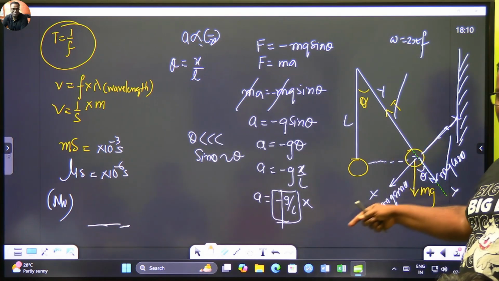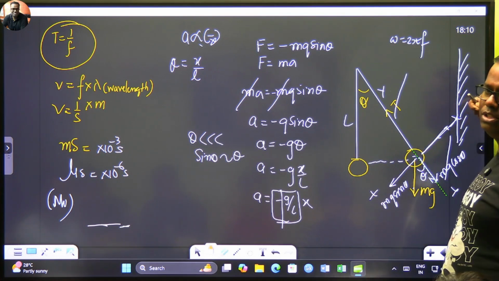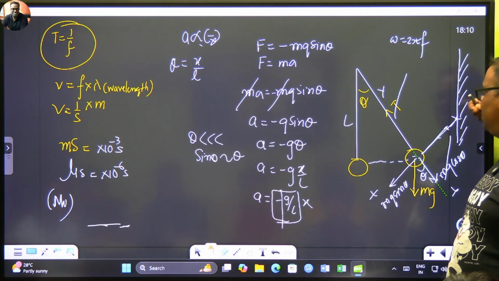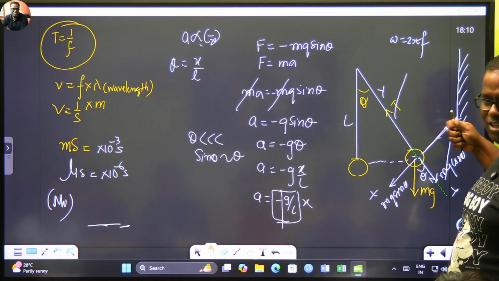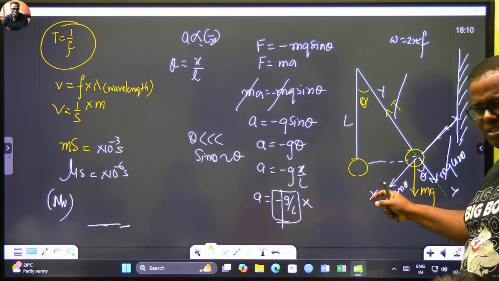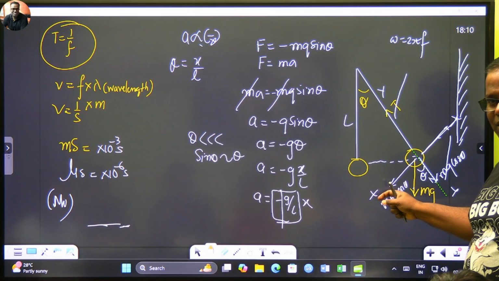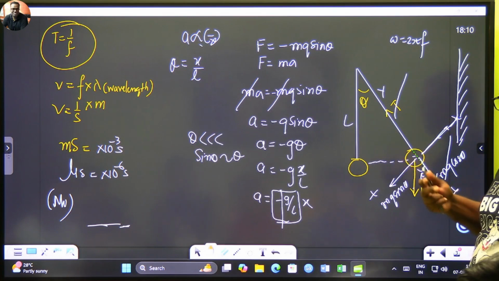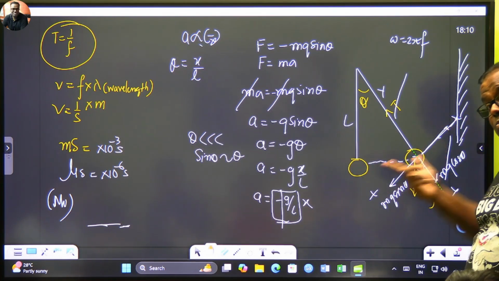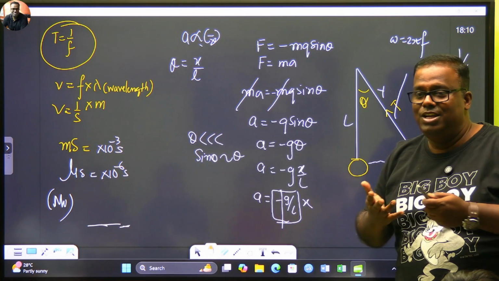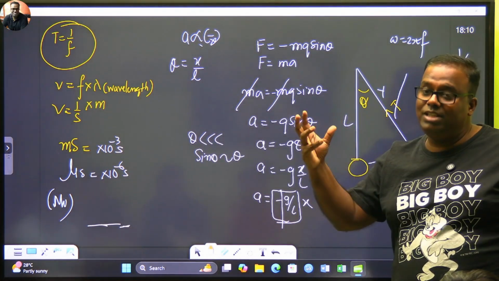Mg sin theta brings the pendulum back, but I am holding the pendulum back with a thread. So the thread is facing some tension. What is the tension? Mg sin theta, right? Now instead of the thread, I change it to a spring. Based on the stiffness of the spring, the bob will come to some place, may not fully. At that time, the bob is experiencing a net force. What is the net force? It is minus the spring force, the spring force which is trying to pull it backwards. Spring force क्या होता है? Minus kx. So you have to equate that, and with that, your bob is coming.